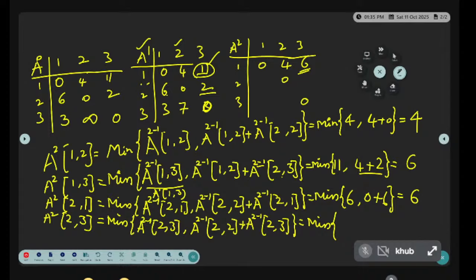Now this value a power 1 of 2 comma 3, a power 1 of 2 comma 3 is 2 comma 2 comma 2, 0 plus 2 comma 3, 2 is 2. This is 2 comma 3 is 2, 2 comma 1 this is 6. There is no change in the previous one and the current one. Row 2 has not been changed. Then go with